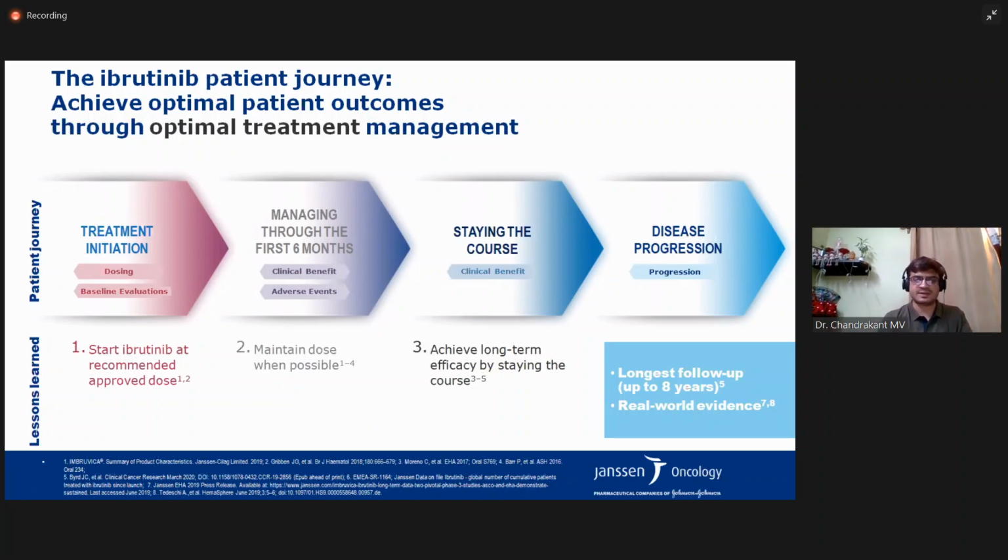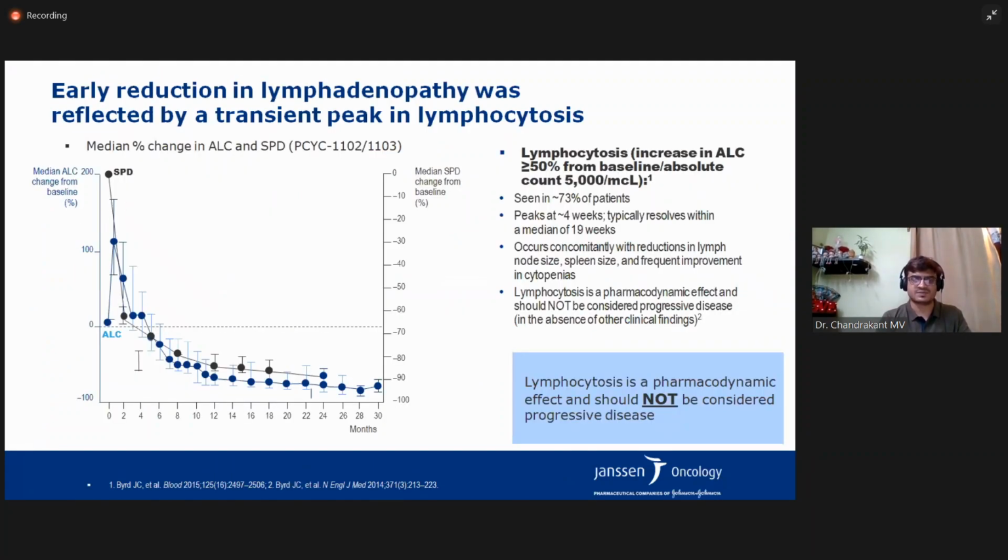And now we have the real world evidence of the longest follow-up, up to 8 years, of the BTK inhibitor. So this is what I was saying about early reduction in lymphadenopathy, and this is associated with a transient peak in lymphocytosis. This is quite important: more than 50% increase from baseline